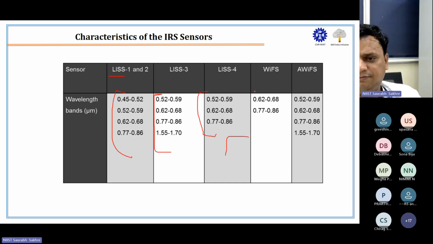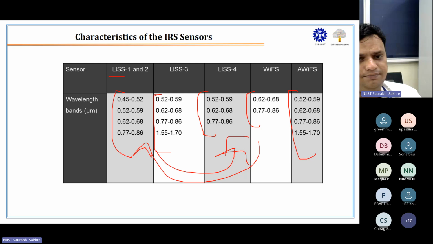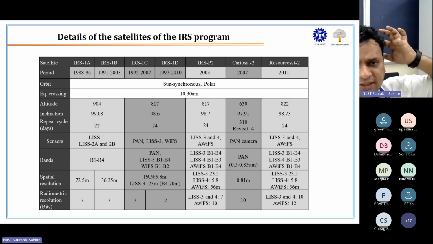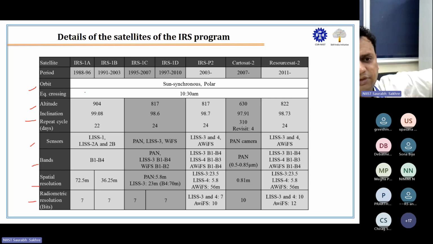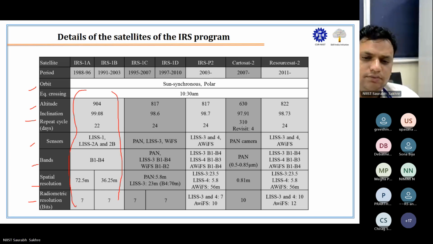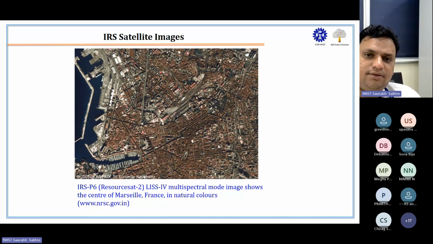LISS-4 has 3, PAN has 2, but all of these can be used in combination with each other. And similarly, on the same parameters: orbit, altitude, inclination, sensor, bands, spatial resolution, and radiometric resolution, these satellite sensors are also categorized. And this is just a demo of the IRS P6 Resourcesat-2 satellite, which is a